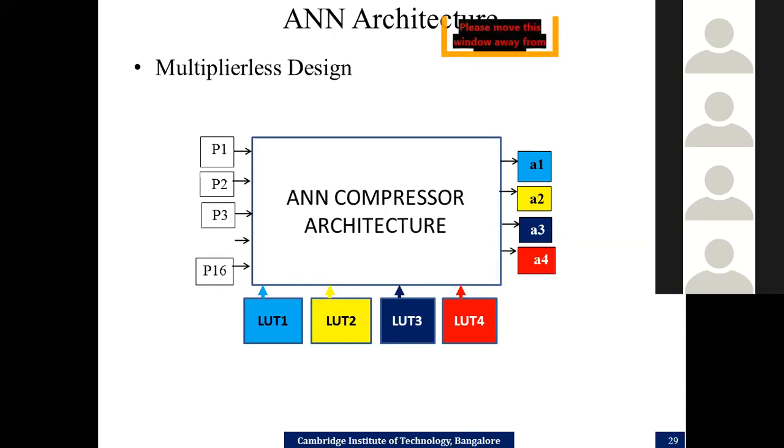But when you use a multiplexer, you can choose between the weights, whether you want neuron 1 weight, or neuron 2, 3, or 4. But the output of the multiplexer will be given to a multiplier for multiplication. So you still need a multiplier there. So it will not be a multiplier-less design. But here it is completely a multiplier-less design because we are using LUTs.